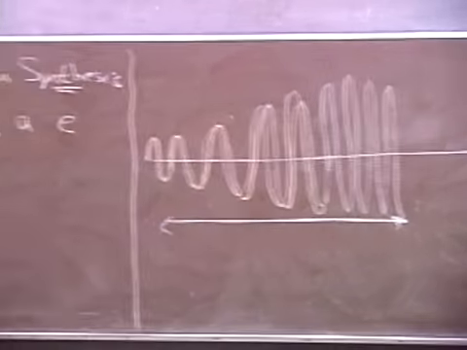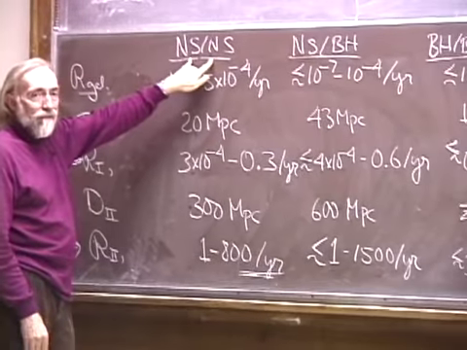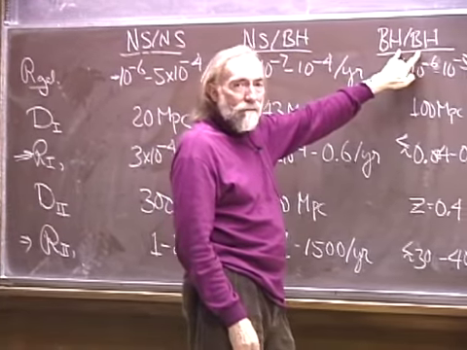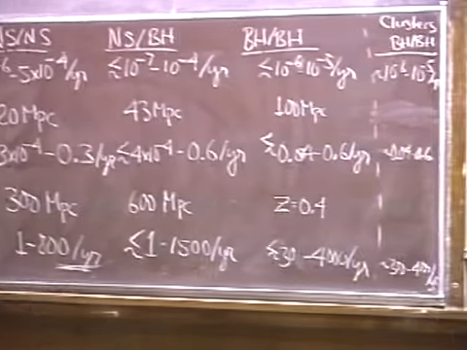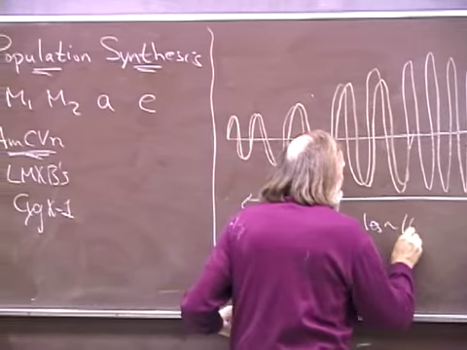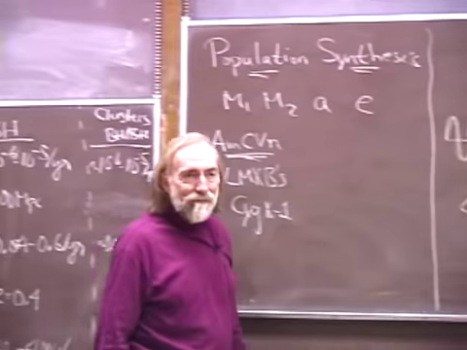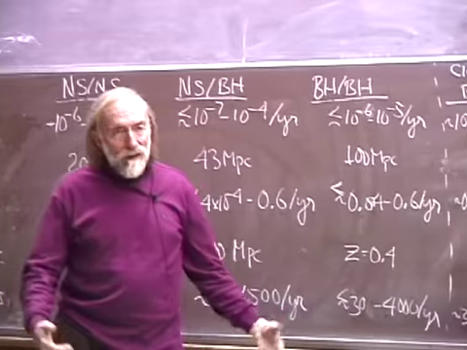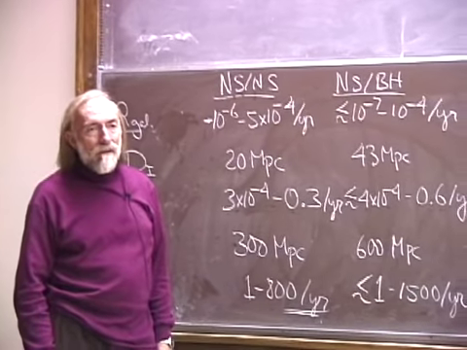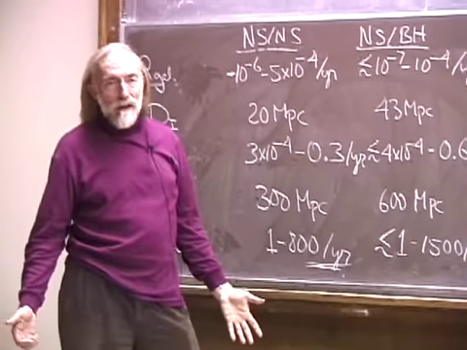Well, depending on the systems we're talking about, here in advanced LIGO interferometers, LIGO 2, it's about 10,000 cycles. Here it's more like about 1,000 cycles, maybe 600 cycles. So let's say in the worst case it's 10 to the 4 cycles, which is about 10 to the 5 radians. So you need waveforms that are highly accurate to something like a part in 10 to the 5 in the phase evolution, in the worst case. In typical cases, not quite that bad, maybe a part in 10 to the 4 in phase evolution.